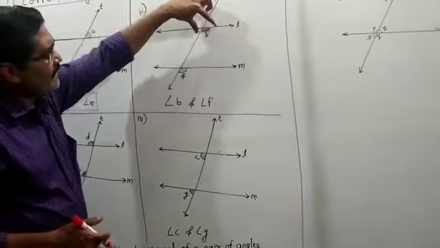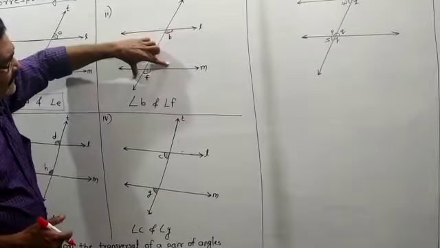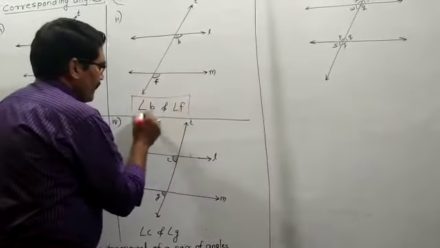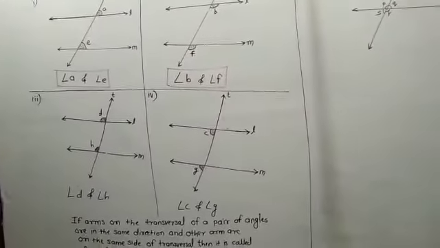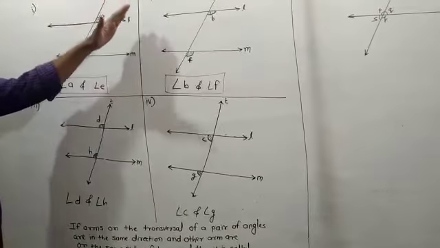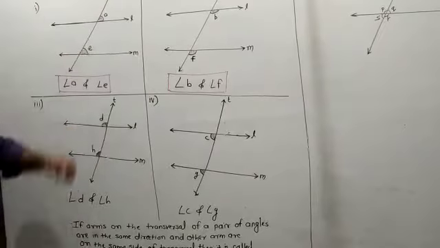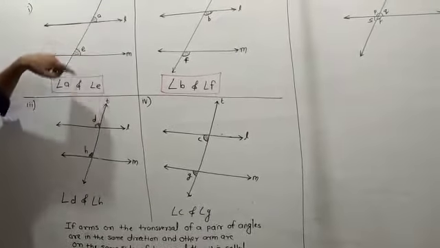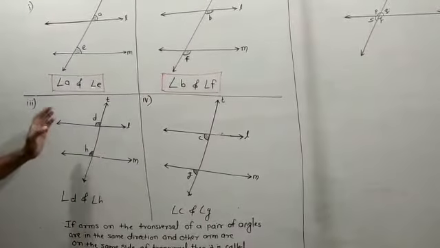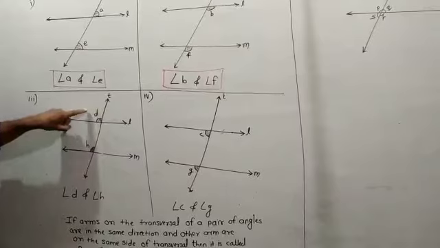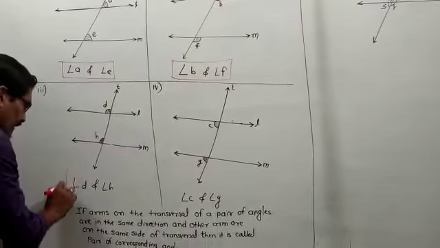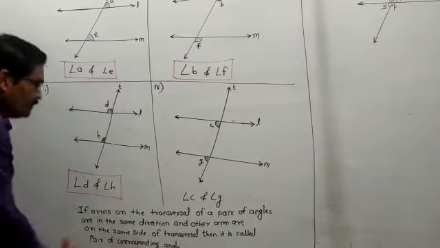Downside also, this angle and this angle are corresponding angles, B and F. I will say the second pair is angle B and angle F. Then if you go to the left side, this is the right side and this one is the left side. On the right side, A and E is the first pair and B and F are the second pair. Toward the left side, which are the pairs? Like A and E, this D and H are the next pair. So angle D and angle H is the first pair on this side.